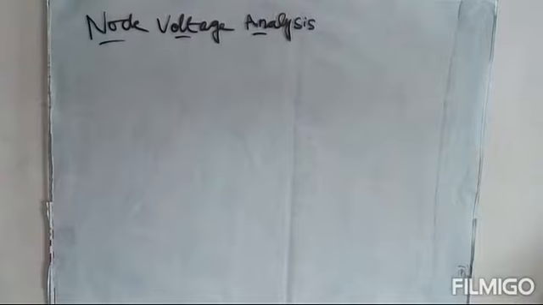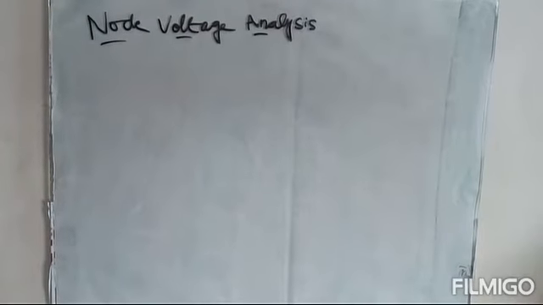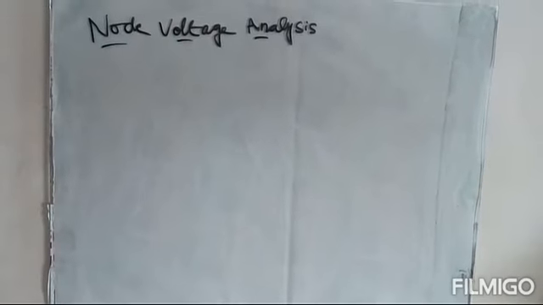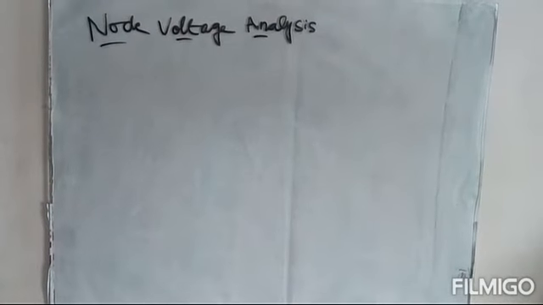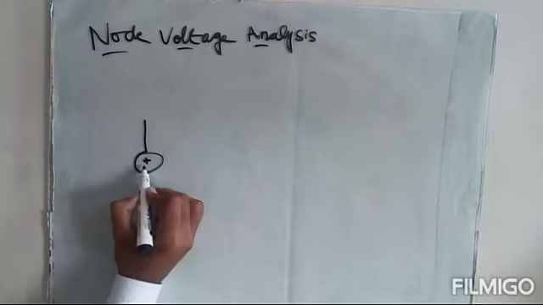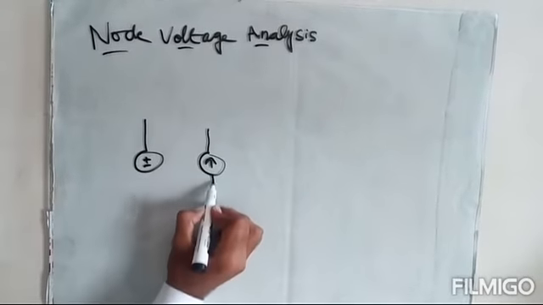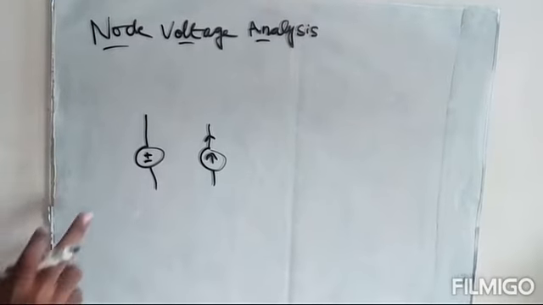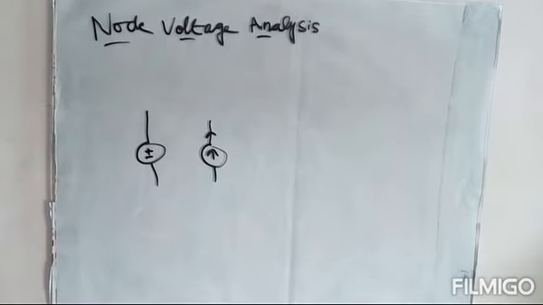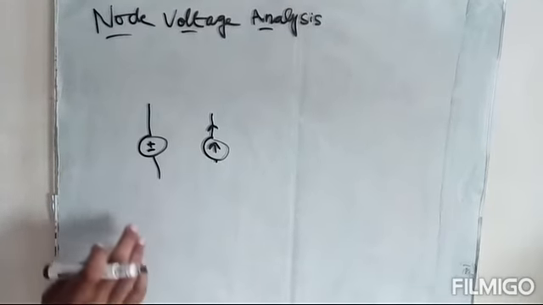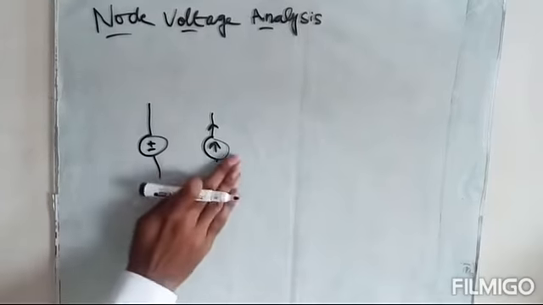In the previous lecture we learned some steps to find the node voltages. In this lecture we will solve an example to understand the concept and better implement it, and we will see what will happen if there is a voltage source instead of a current source in our circuit. Because when there was a current source, we know the current of the current source and we can easily apply the KCL rule, but when there is a voltage source in the circuit, it will be a little bit complicated. We will see how we will solve the circuit that contains a voltage source.